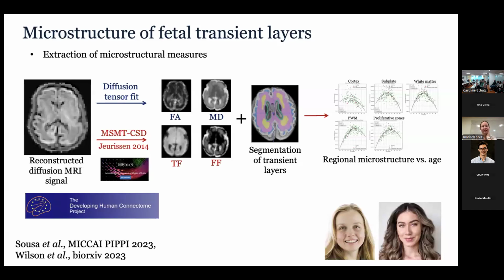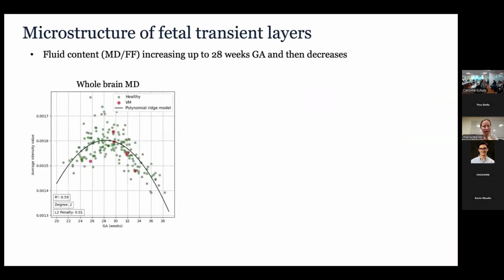And here is the study that we've done with dHCP data. We wanted to look at the microstructure of individual transient fetal layers. So we took the reconstructed diffusion signal, and we did either a diffusion tensor fit or a multi-shell, multi-tissue constrained spherical deconvolution, and we got these microstructural maps: FA, MD, and tissue fraction and fluid fraction, which is not completely standard, but that's what we had. And we could see this pattern in whole brain MD, which I thought was quite interesting, that actually